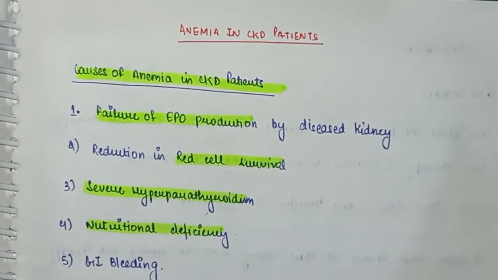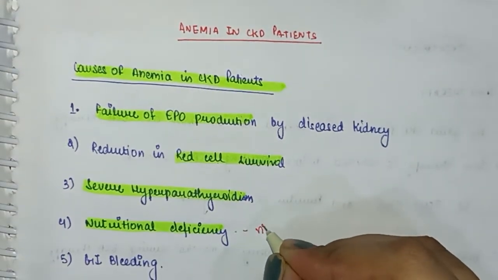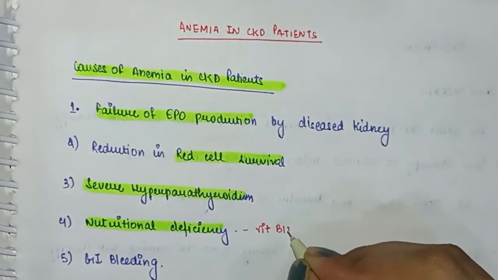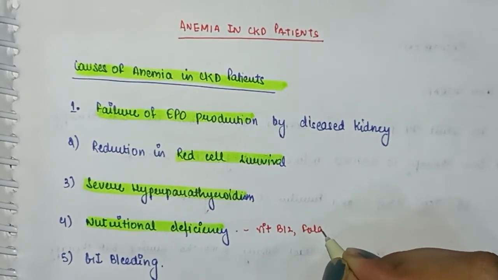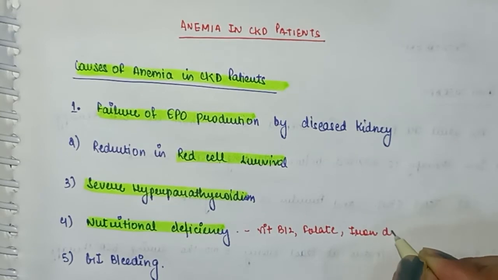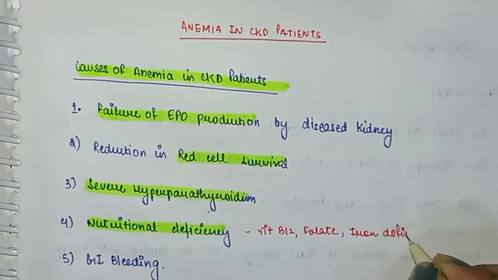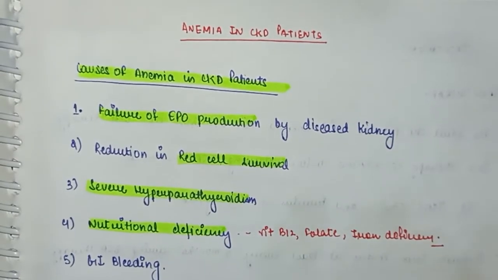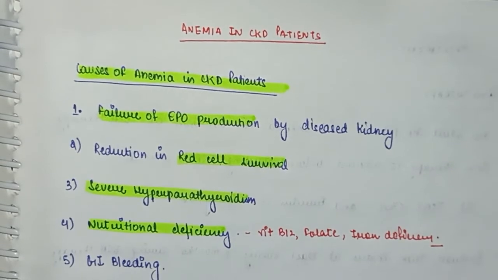Nutritional deficiencies are also seen in CKD patients. Most of the CKD patients on dialysis are malnourished. They are deficient in vitamin B12 and folate. Iron deficiency is most commonly seen in patients with CKD. So in CKD patients,